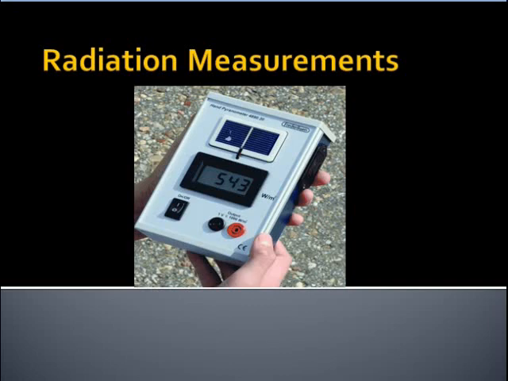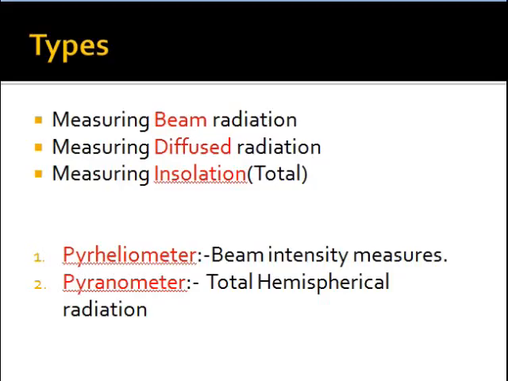The first importance is to measure the performance of the solar device and also to find the efficiency, how it converts the input energy into output energy. To know all these things, we need to measure solar radiation. Some devices are used to measure the direct solar radiation, and there are some designs which measure diffused and total radiation.